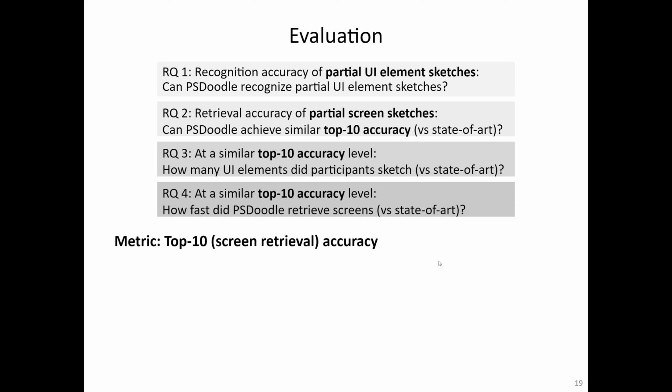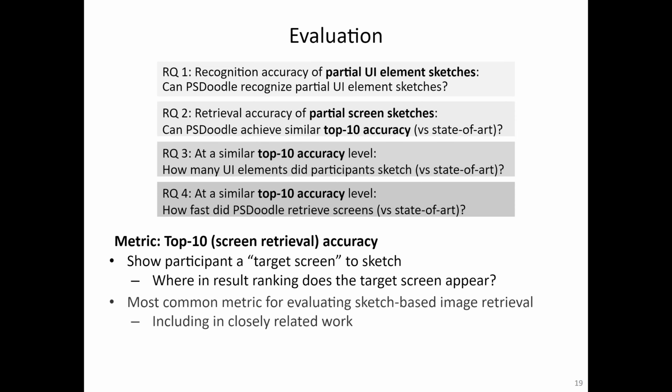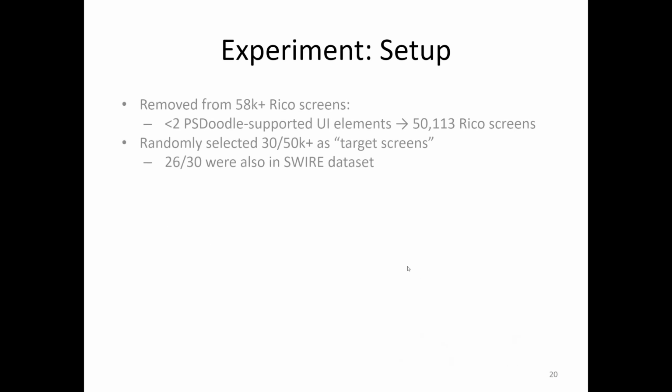We use the top 10 metric as it is easy to calculate, by showing the target screen and determining where it appears in the search results. It is most popularly used for retrieval tasks, and it correlates with user satisfaction. For the experiment, we consider 50,000 request screens from the 58,000 that have 2 or more PSDoodle-supported UI